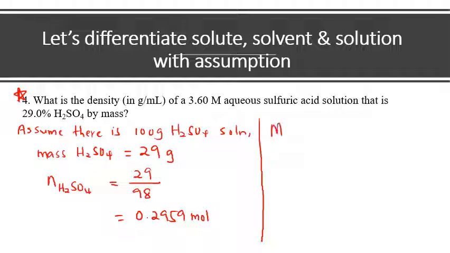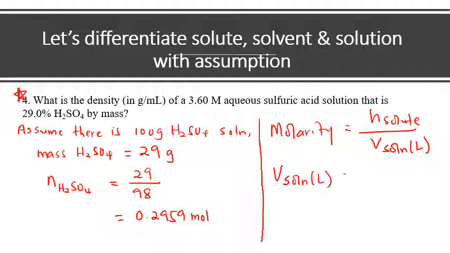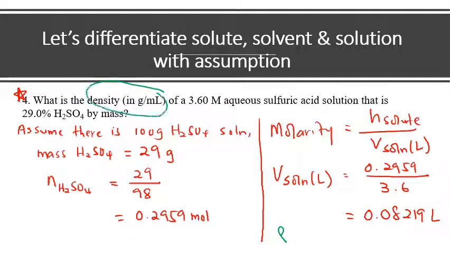Okay. After we get the number of mole, then we can apply the number of mole in the molarity. Okay. So molarity is equal to mole solute over volume solution in liter. So volume solution in liter is mole of solute, which is 0.2959 over the molarity given in the question, which is 3.6. So again, we need to do calculation. 0.2959 divided by 3.6. We get the answer 0.08219 liter. As we want to determine the density, which is in the unit of gram per ml,